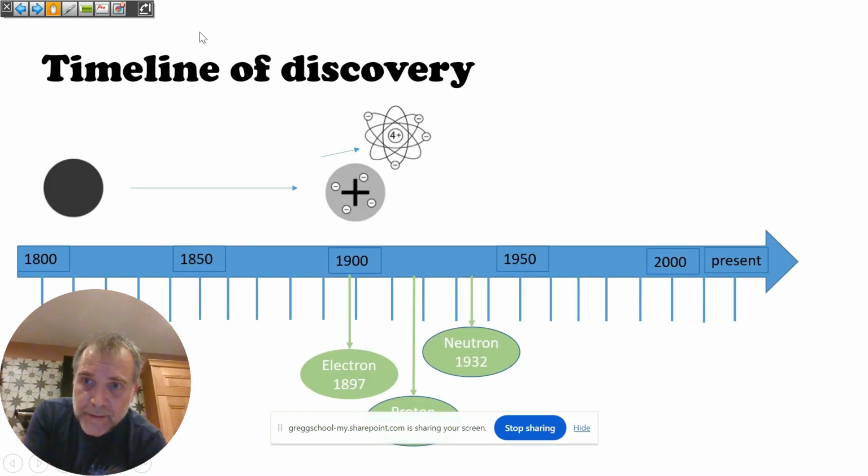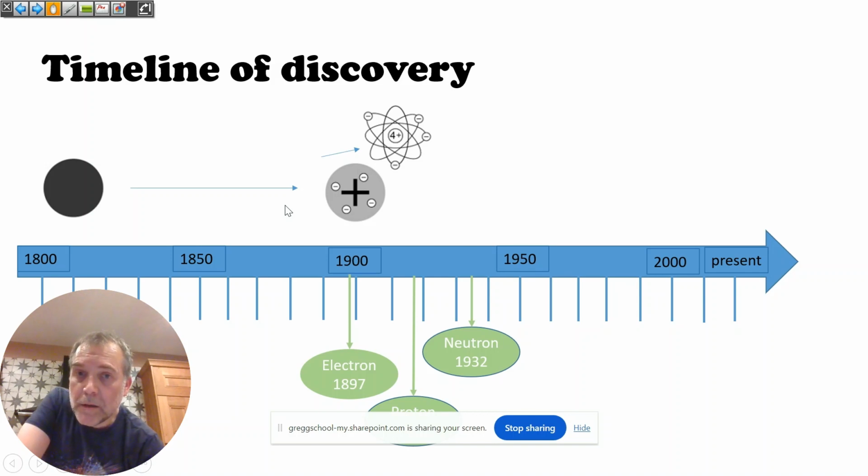So, in summary, here's a little timeline. We've got the original John Dalton model of the atom that we can see on the far left, proposed in 1807, the solid spherical sphere that Berzelius sort of improved upon. And then we move into the end of the 19th century, beginning of the 20th century, with the plum pudding model proposed by J.J. Thomson, with the electrons embedded in a positively charged atom that made the atom overall neutral,